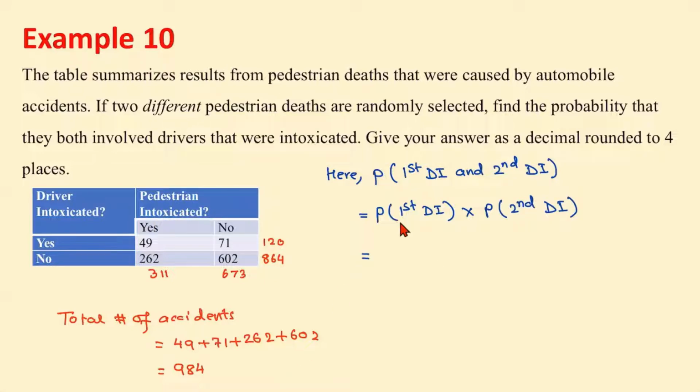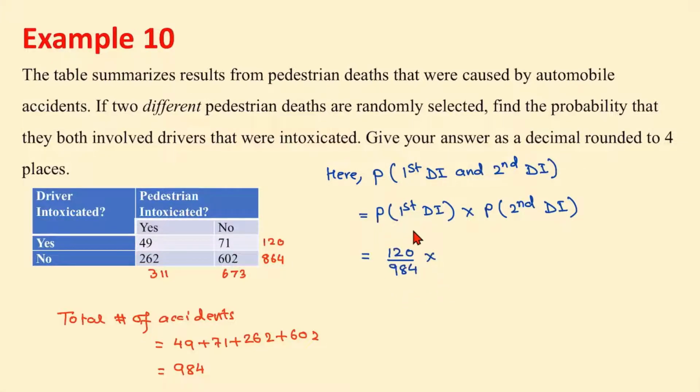Looking at driver intoxicated, yes, there are 120 cases. So when you select the first accident, the probability that the driver is intoxicated is 120 out of 984, multiplied by